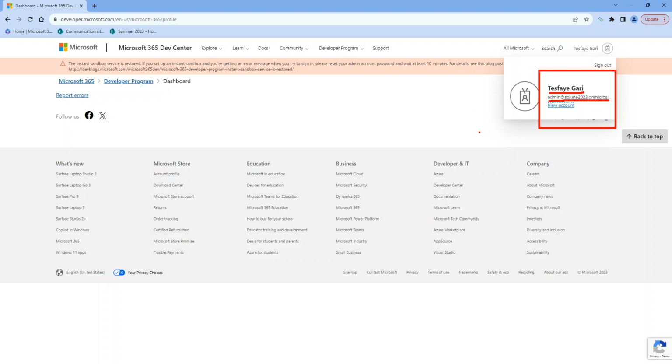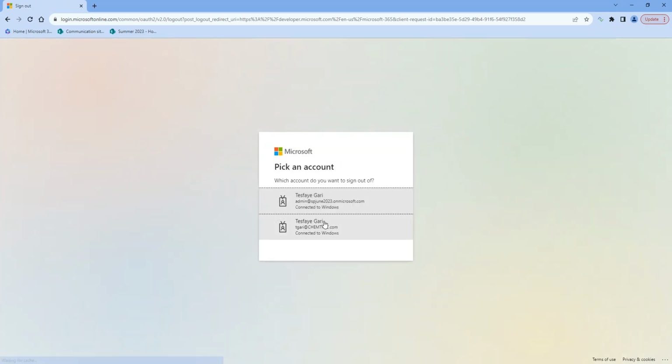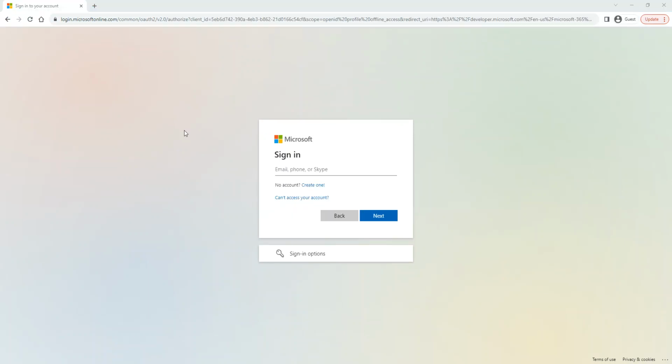When this happens, if it takes you to something like this when you click on join, what you're going to do is sign out. Once you sign out, it will ask which account you want to sign out of. This is my work account, and this is the actual one I used for class. That is what you should do. I'll guide you through the steps in case we don't have the same experience that I'm having right now.